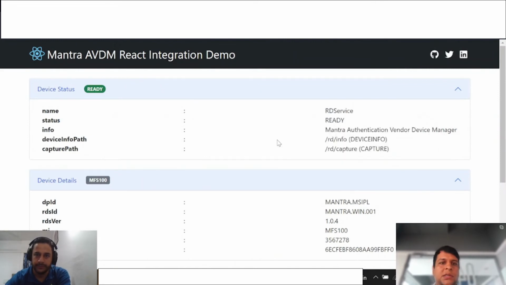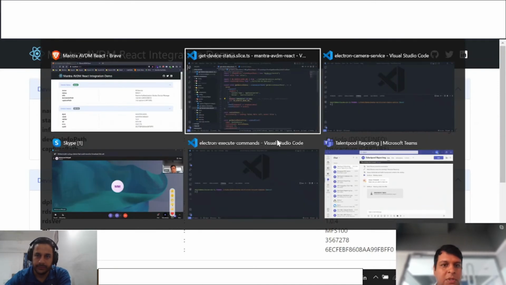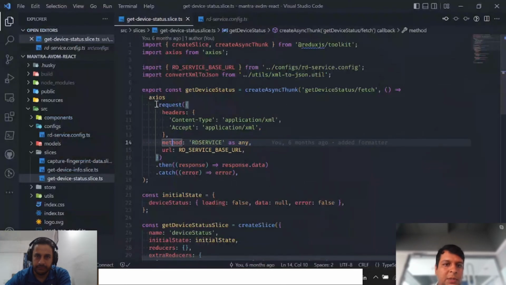So the only notable thing here is that the method is different from usual HTTP methods. Usually we have get, put, post, etc. But the method name here is very different. It is RD service, and the URL is whatever we used. So calling this API